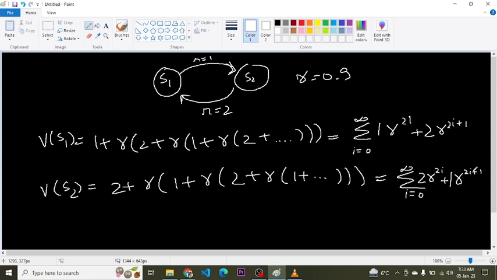Okay, so we can't calculate the exact values for our states, but with gamma 0.9